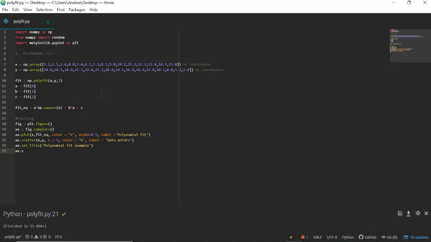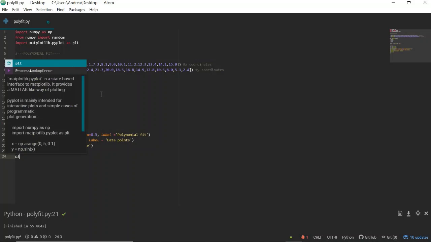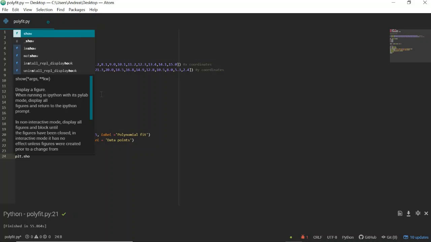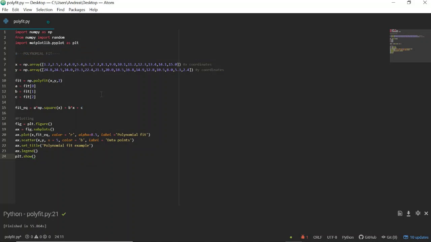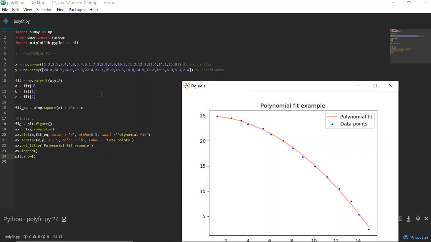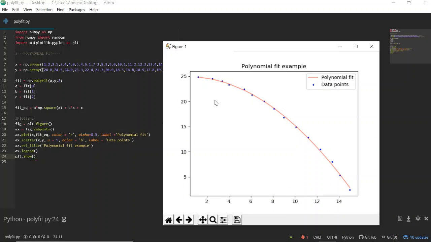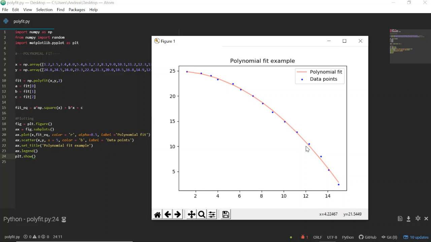Sorry, not set legend, but only legend. plt.show. If there are no errors, it should compile and show you the data points and the fitting function, which